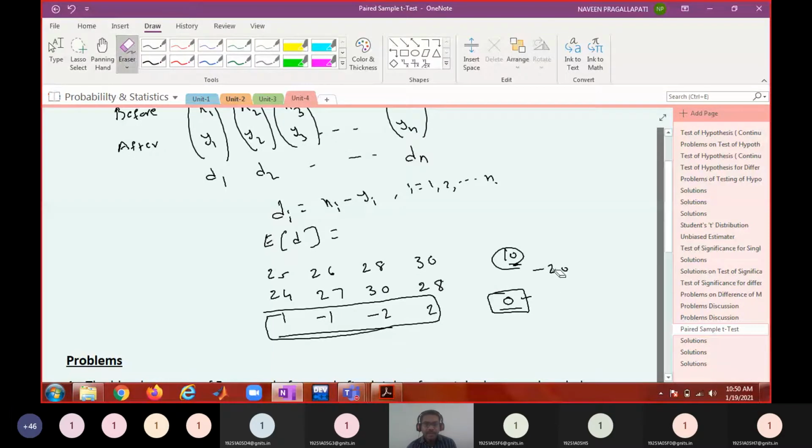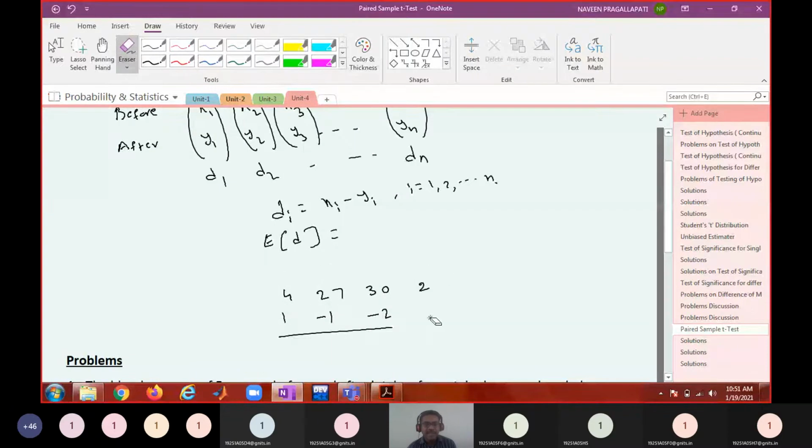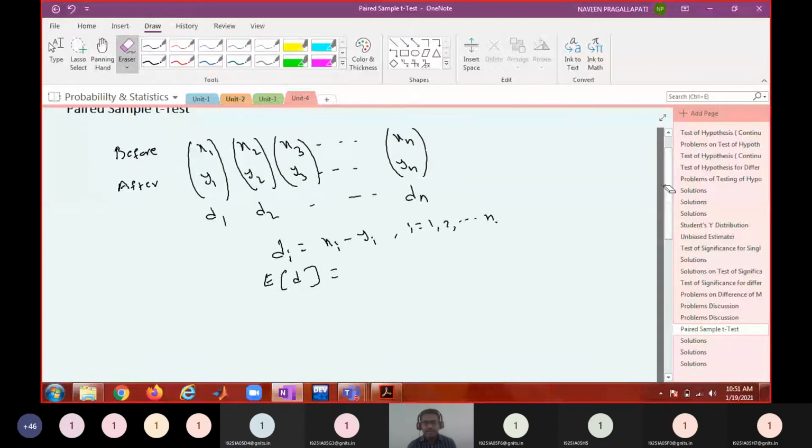So that we are going to test. We are going to test whether the mean of these differences is equal to a particular value or not. Generally that particular value we will consider as 0. If you consider it as 0, then the process is not effective. Or if you say the mean of these differences is a particular value, then you are telling something about the process. So that is about the claim made by the manufacturer or the person.